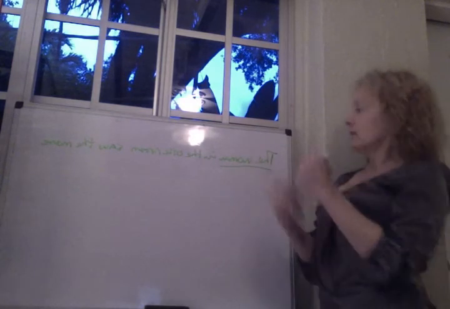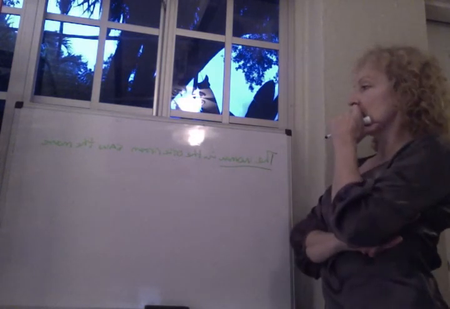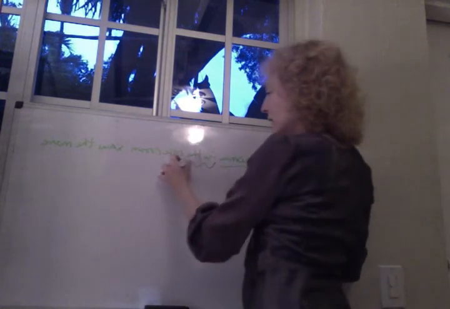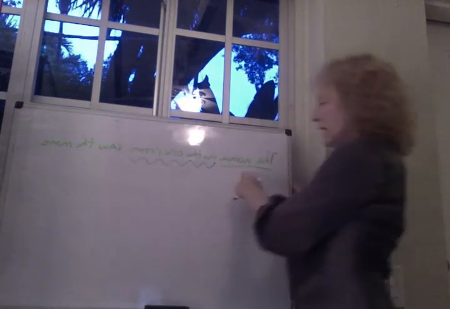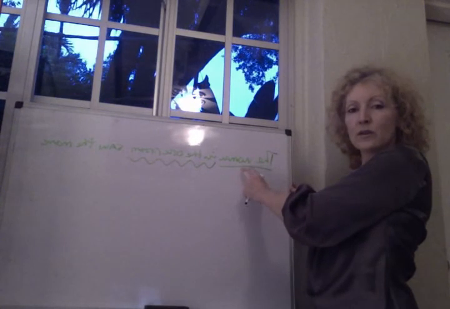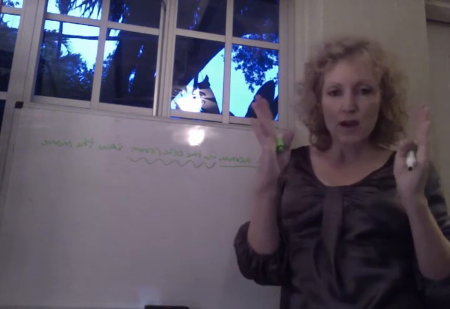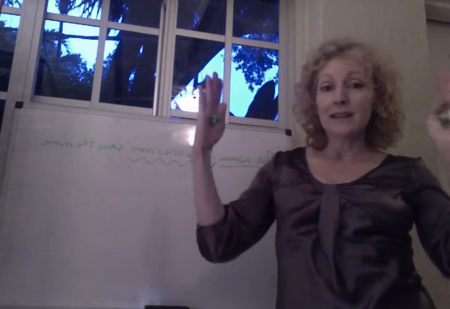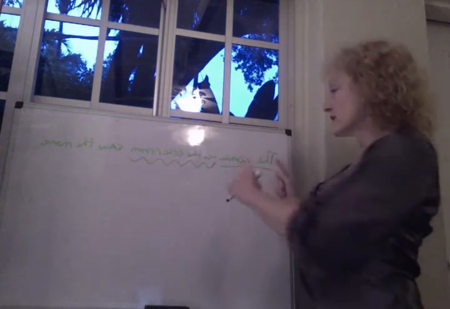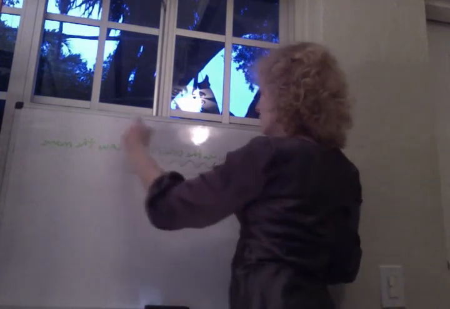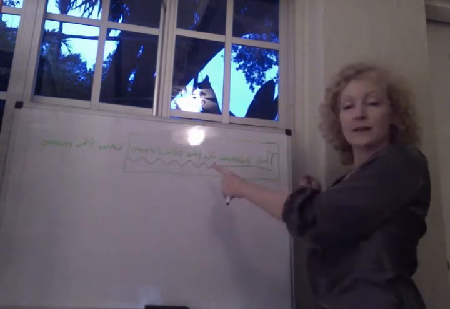However, when you look at this sentence, the woman in the other room saw the movie, what is this information doing, in the other room? It's telling you about the woman. Therefore, it's part of the phrase, the woman in the other room. In other words, the subject of this sentence is all of this information: the woman in the other room.